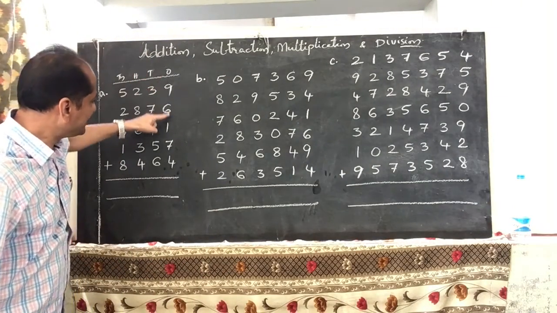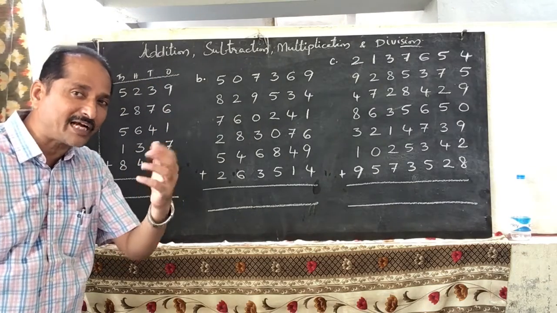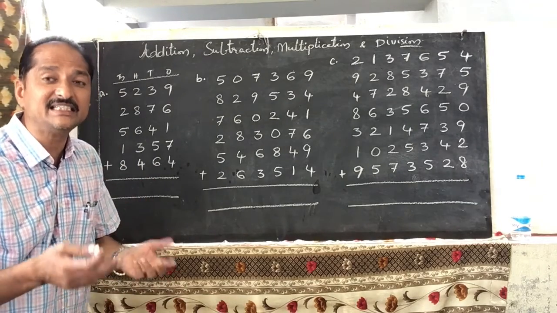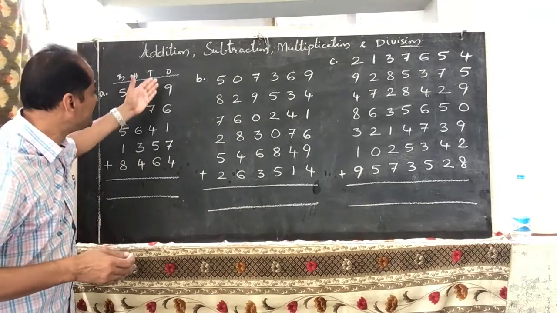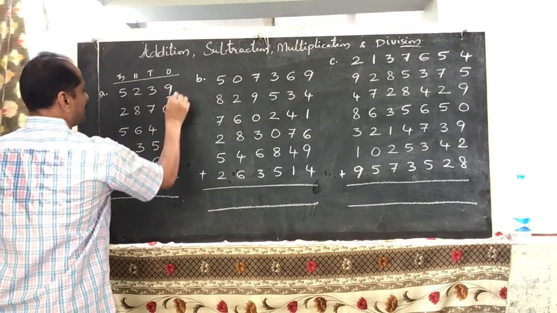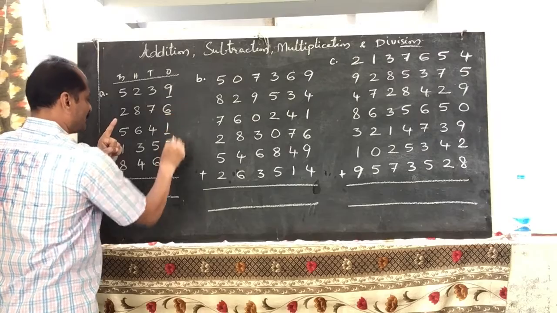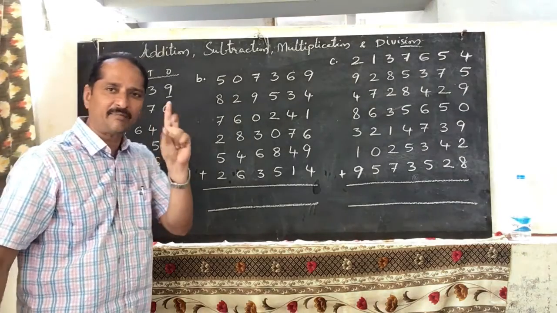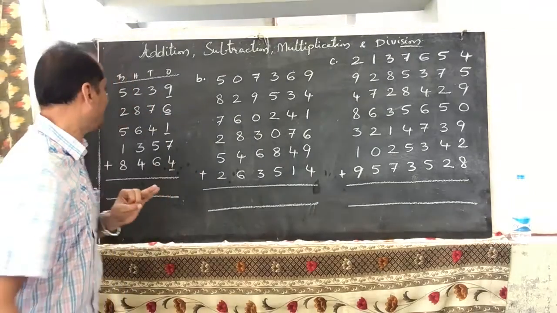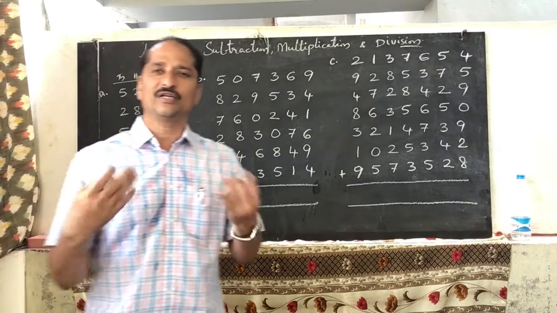So while you are adding these numbers, just observe carefully which 2 numbers sum becomes 10. The easiest way of adding the numbers is by finding which 2 numbers give the sum 10. By observing, 9 plus 1 is equal to 10, so we got 1 ten. Next, 6 plus 4 is equal to 10, another 1 ten. 1 ten plus 1 ten is 2 tens. 2 tens is equal to 20. And after 20, again how much is there? Only 7. 20 plus 7 is 27.